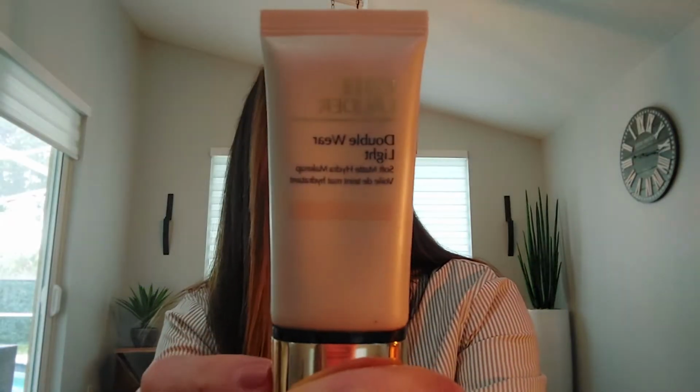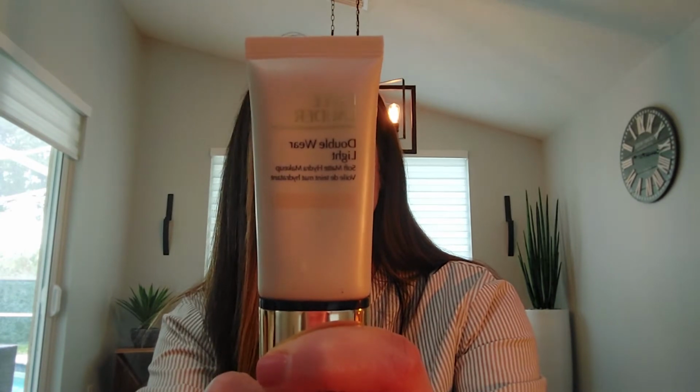And last but not least is the Estee Lauder Double Wear Light. This is in the color Dune, so 2 and 3. I love it. It really is a soft matte finish. I put it under my sheers because it does give me a sheer coverage. It is a dewy finish. It says soft matte, but for me, I don't know, maybe because I'm applying SPF and a primer and a cream underneath, a moisturizer, I don't get a matte finish with that. However, I love it. I think it's great, and I think it's worth the price. So moving on to my next